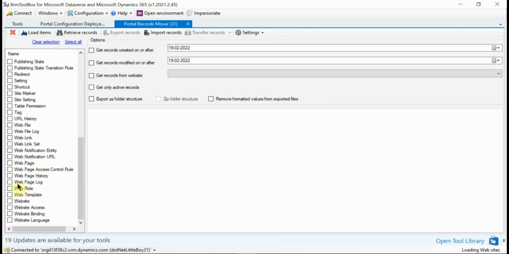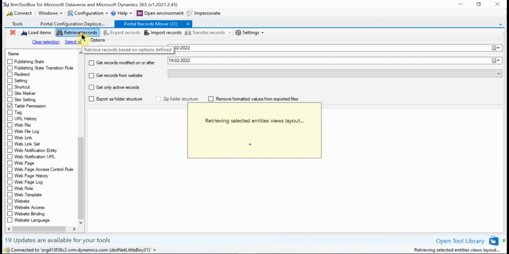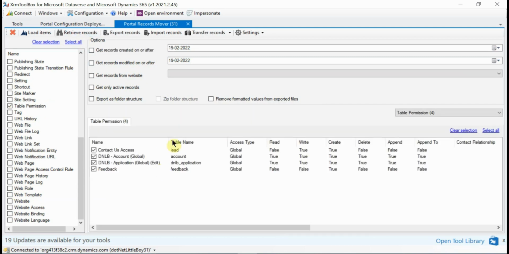Then I have the table permissions which I want to export and then import into the target. So I'll select the table permission here. Then I will click on retrieve records. So it will display all the table permissions available in the system. So I want to deploy this one. So I will clear all the selections, select the particular application global edit table permissions, and I want to export only this one. So I'm going to export this file